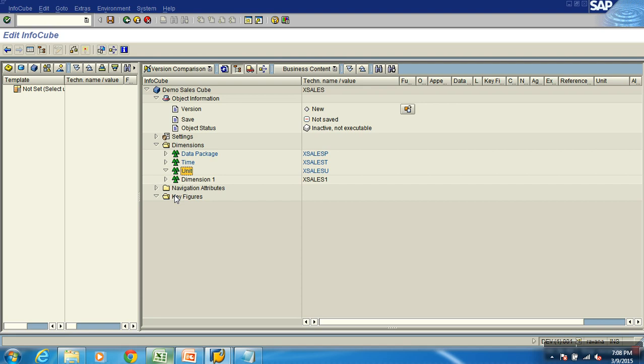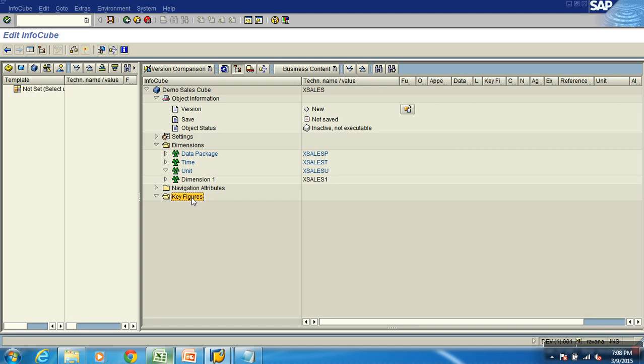But when it comes to the unit dimension, you don't assign them directly, like how I assigned cal year to time. When I assign key figures in my cube, if those key figures use any reference unit characteristics, those will come into the cube automatically.